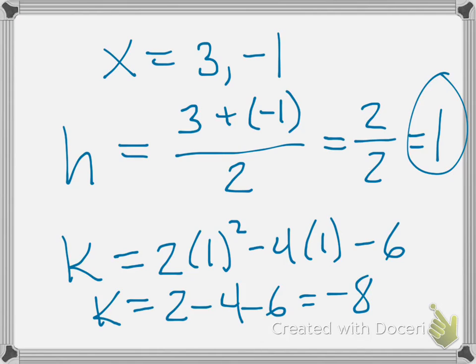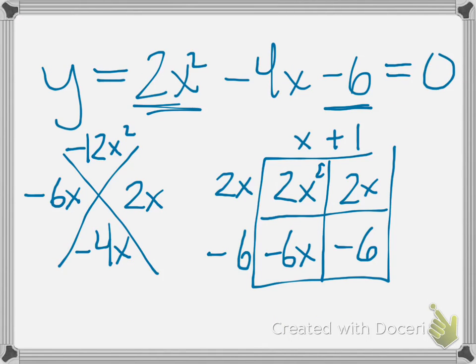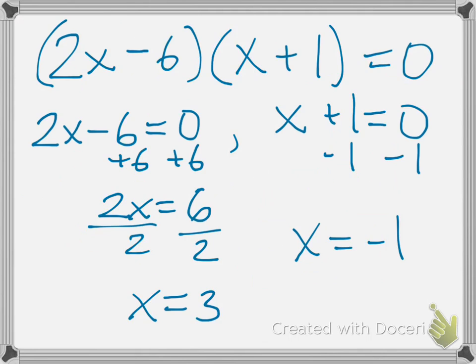So now that I know h and k, what I need to figure out is just a. But a is the same a that we have up in the original equation, coming from the coefficient of the x squared term, the number in front of the x squared term. So if I go back to the equation we're trying to rewrite, the number in front of the x squared term is obviously the 2 that's sitting right here. So that is our a. And so now that we have a, h, and k,